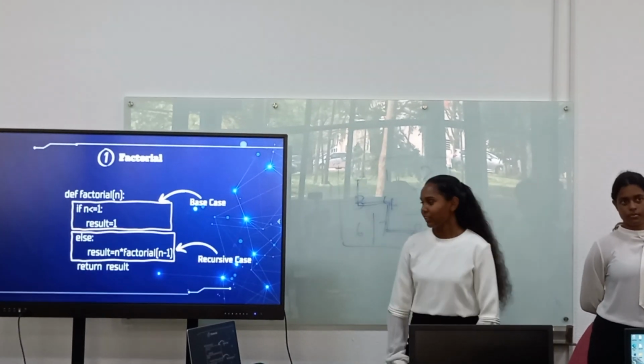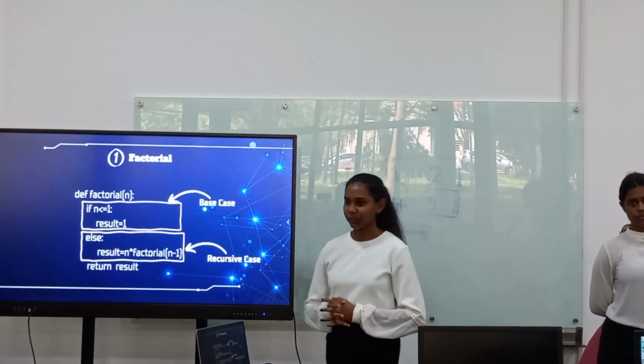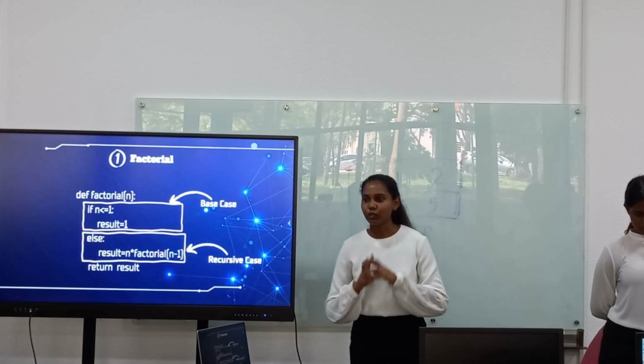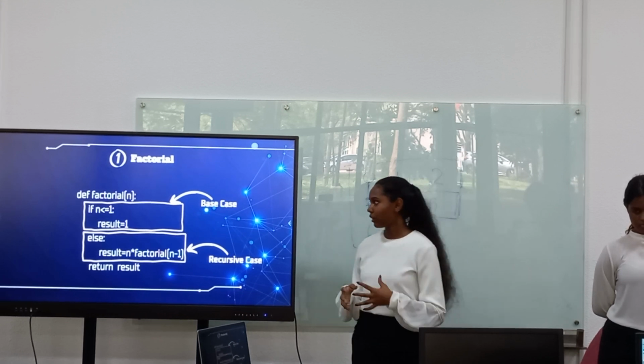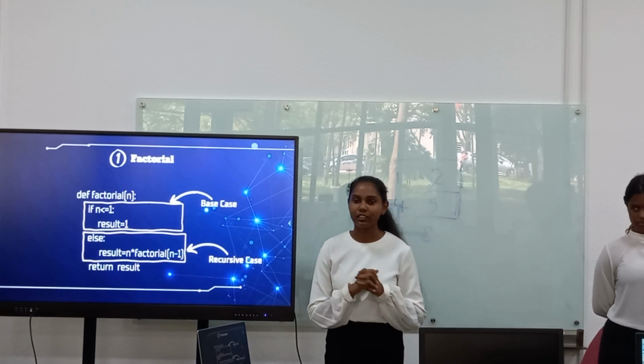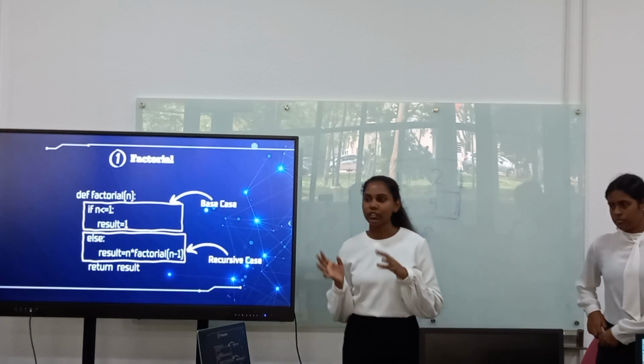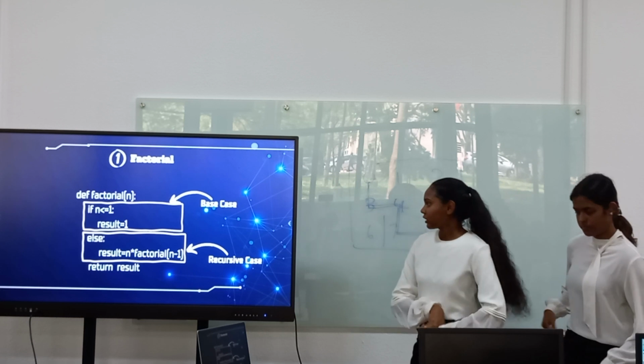So first, let's start with a simple example. I know all of you know what factorial is. So factorial of a given number is the product of all positive integers before the number n. So for example,